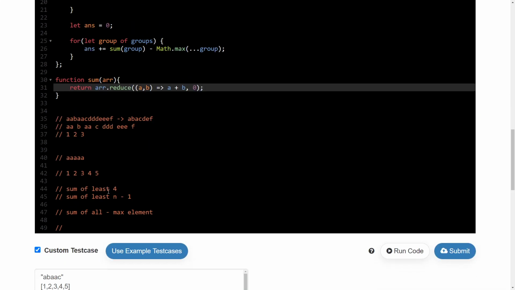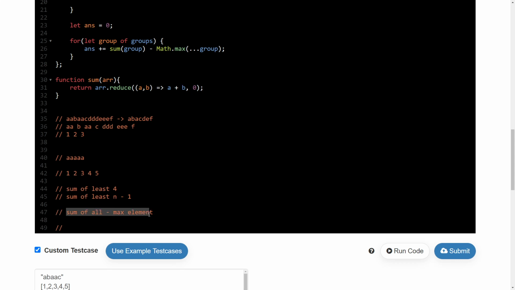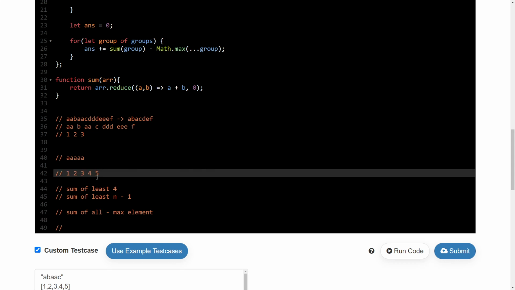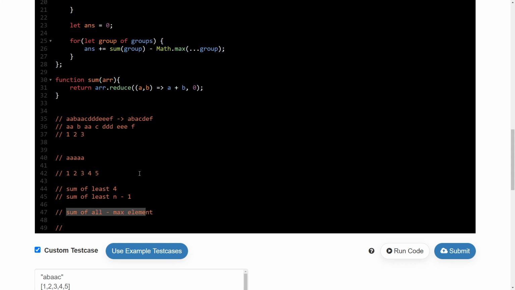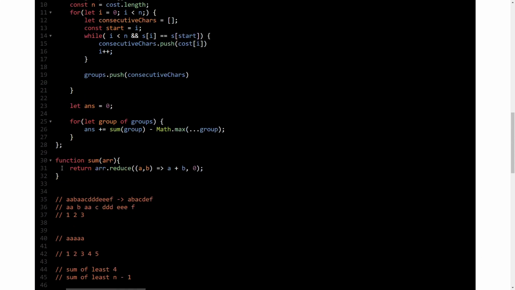So this is what I explained here, that if you have a group and you need to minimize the cost, you will just leave the max element and remove everyone else, and the cost will be sum of all minus max element. For example, if you're looking at 1, 2, 3, 4, 5, and we have to remove all the A's, so to minimize the cost, I will try to choose the minimum 4. And to choose the minimum 4 and leaving only max, it's easier to do sum of all minus max element, right? This can be done in linear time. So that is what we will do. Cool. So I think this should be our answer.